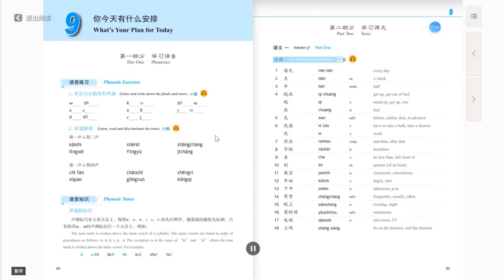2. 听读变调，第一声加第三声。开始，听写，身体，英语，商场，机场，第一声加第四声。吃饭，需要，超市，工作，生日，空气。Okay, so the first tone is the highest tone, and the third tone can be seen as the